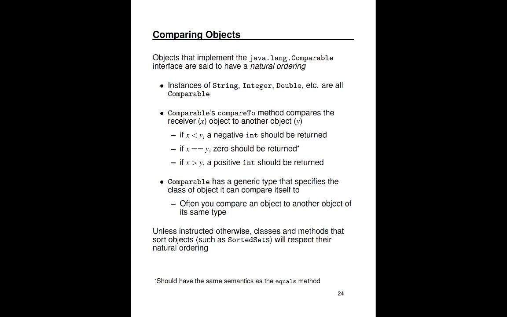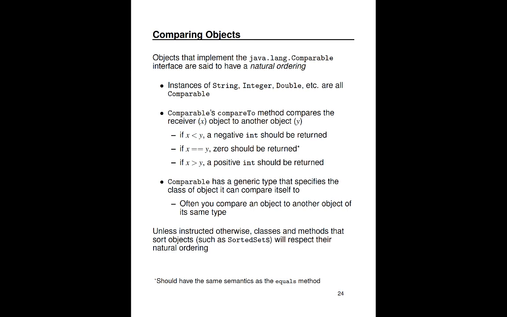So we've learned about lists and sets, which group objects together. And with sets in particular, they use the equals method to determine whether or not an object already exists in that set, because objects in the set are by definition unique. Now let's talk about how the collection APIs compare objects. Because if you get something like a sorted set, you want to retain a particular order in which the objects